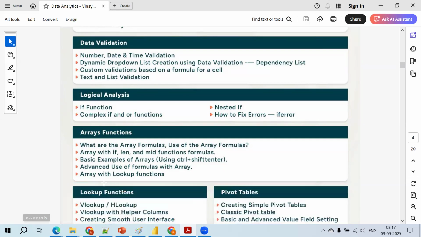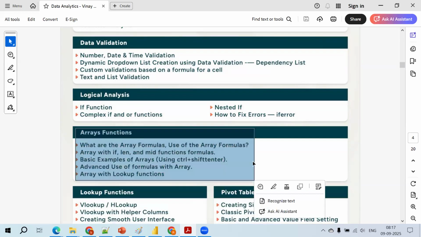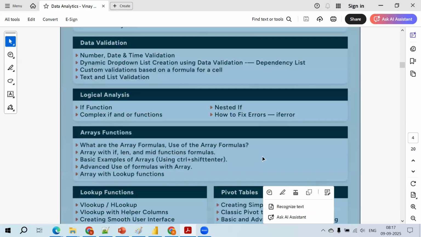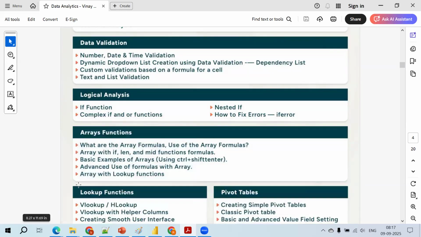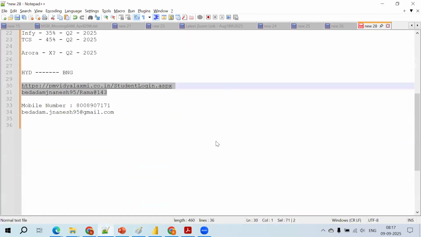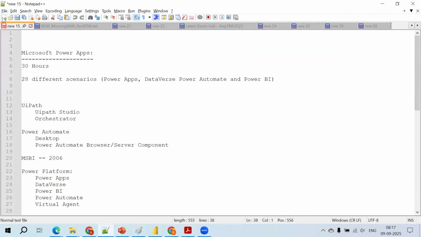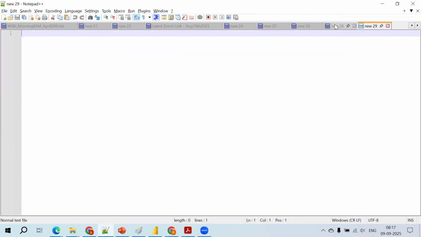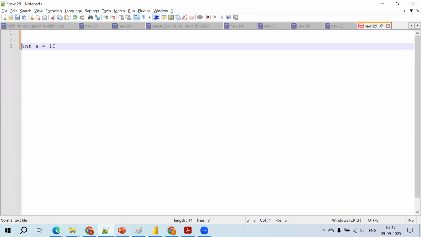Array. So far we discussed single values, but here we need to focus on multiple values. That's where exactly array comes in. If you remember C, int a is equal to 10. This is a single value.